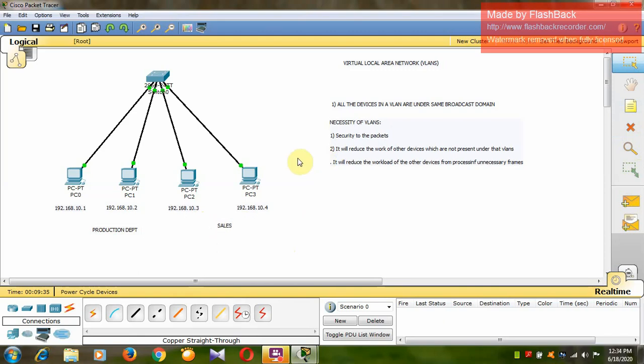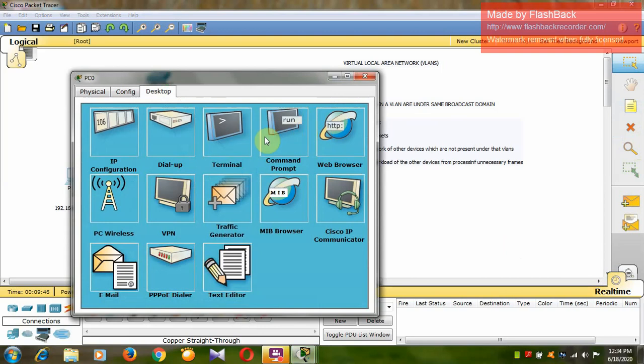I have assumed these two PCs, PC0 and PC1, as the production department, and these PCs are under the sales department. Now if I send the frame from these devices,